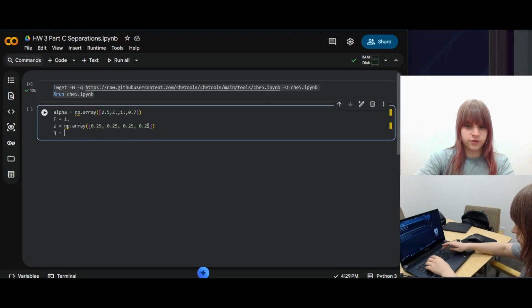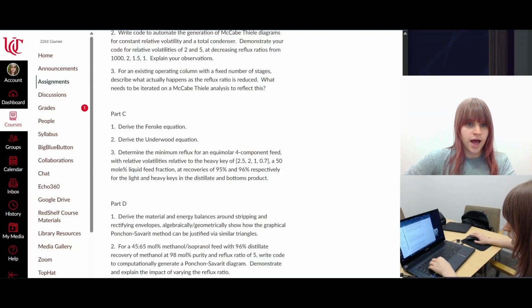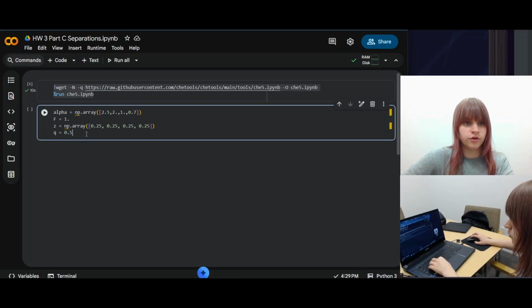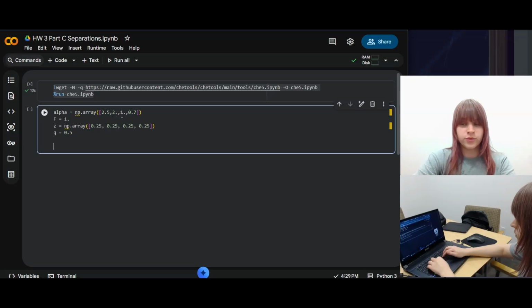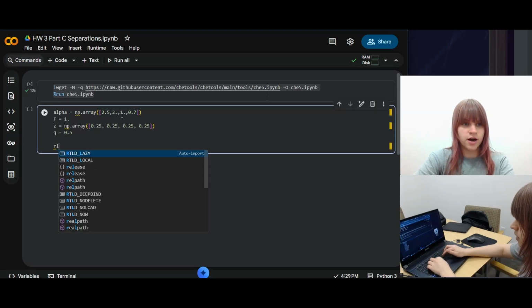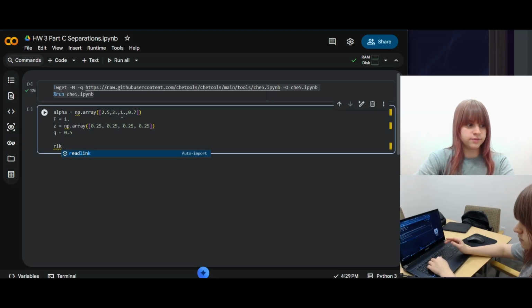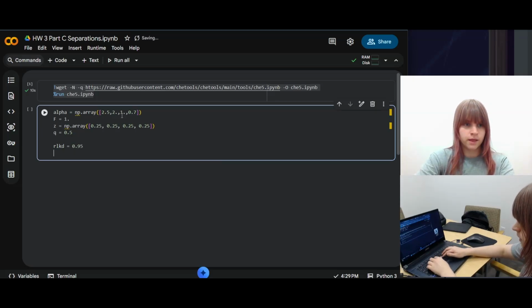And we also want to define that our mixture of the feed itself is 50 mole% liquid feed, so 0.5. We also want to set the recoveries. So for our recovery of the light key distillate, we wanted 0.95, so 95%. And our recovery of the heavy key bottoms is